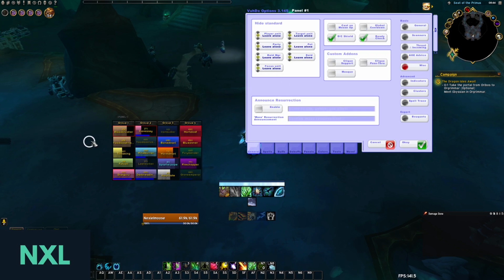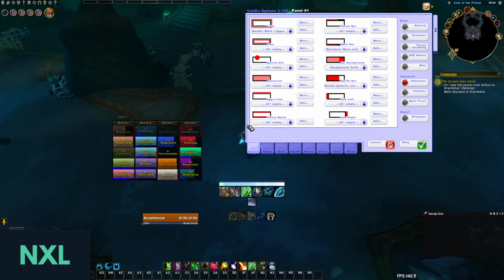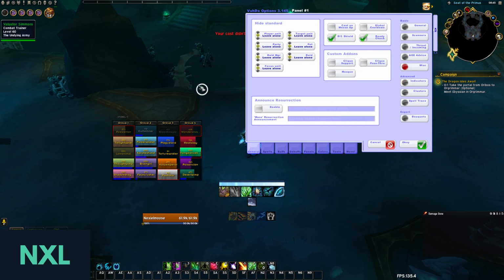Miscellaneous, I want my frames to show the status of the person, so I have these two enabled. I want to see ready check, and I want to see whether or not the player is disconnected, dead, or AFK, right? So as you can see on my party frames here, Hunter is AFK, Warriors are AFK, Bloodkeeper is disconnected, Mage is dead, and so on, right? That's what you do in